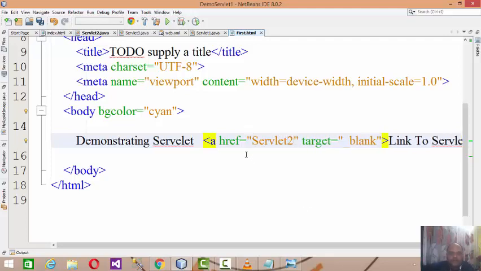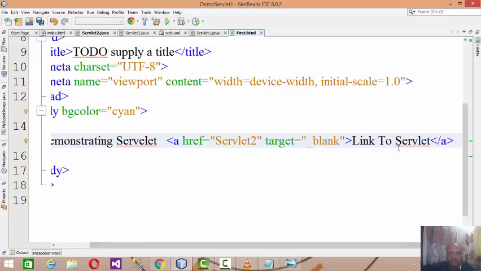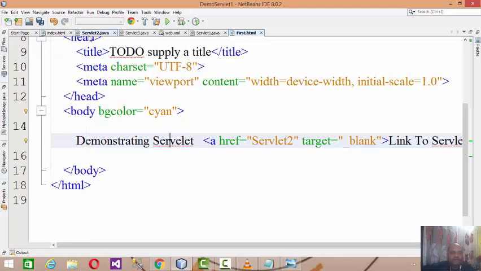"Demonstrating servlet" will be the title, and whenever I click this particular link, the servlet posted onto the server by the name of servlet2 will get called.